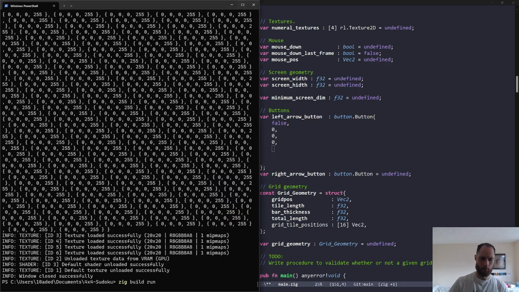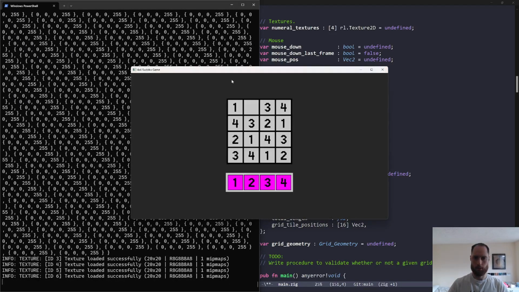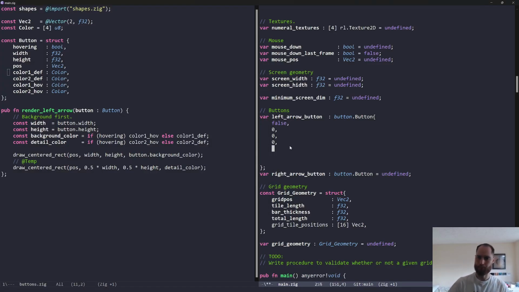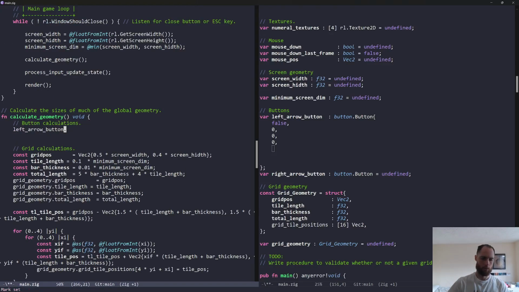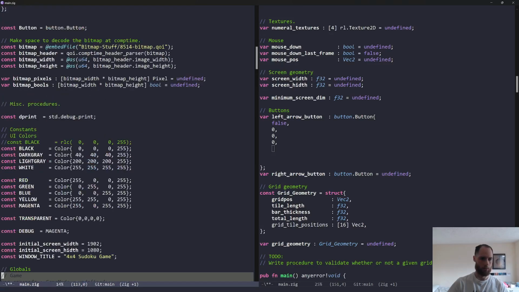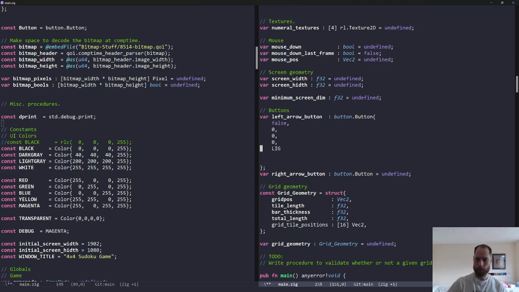Okay, but in terms of the default colors, this is what we really should set. So what does the app look like at the moment? It currently looks like this. So let's make the background button color this light gray, and then the foreground button color will just be this debug color. Let's go back to main, jump back to globals, and then where's our colors? Up here. So let's just use light gray for